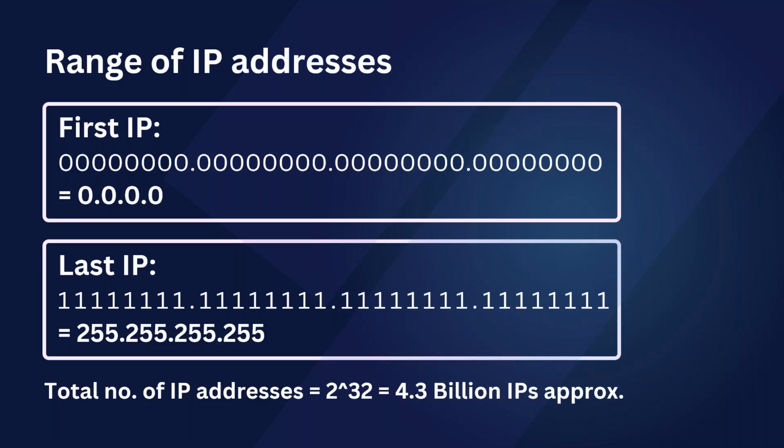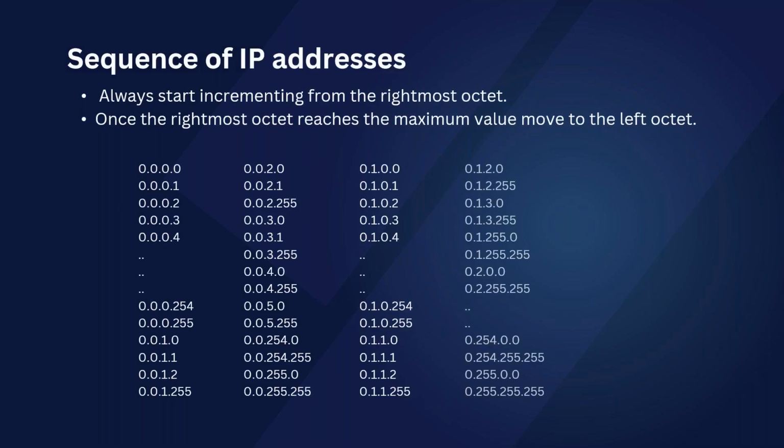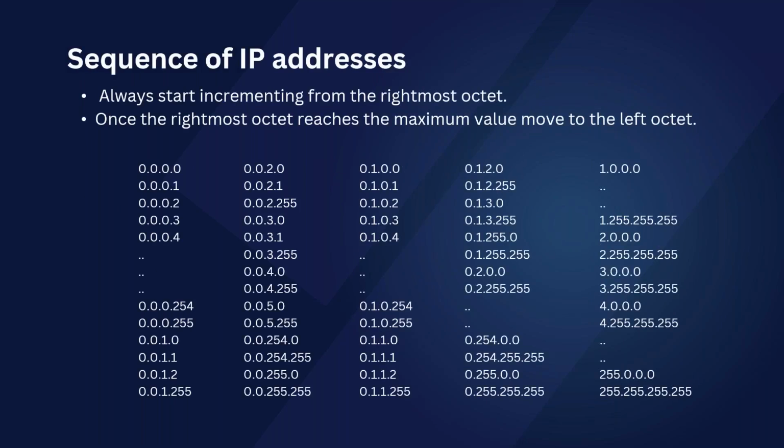But before that, let me talk about one more last concept for today, which is sequencing of IPs. Now we know what's the first IP. We also know what's the last IP. But what about the IPs in between? What is the sequence of that? Okay, so let's talk about this now. To understand the sequence of IPs, there are two simple rules again.